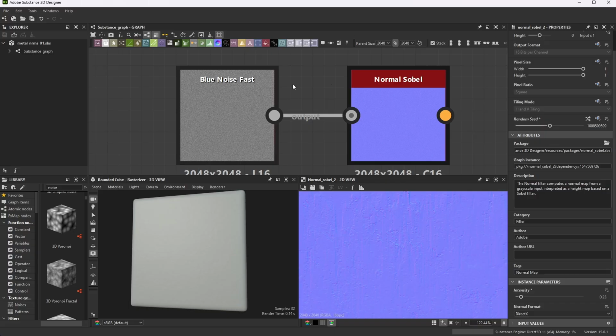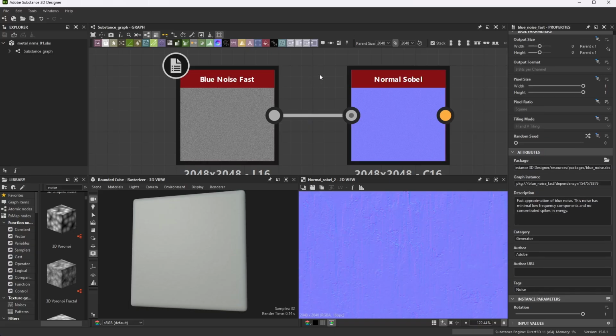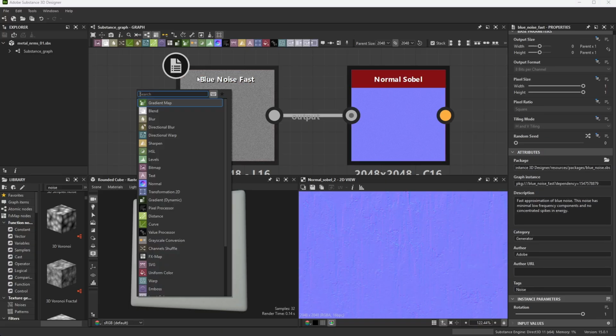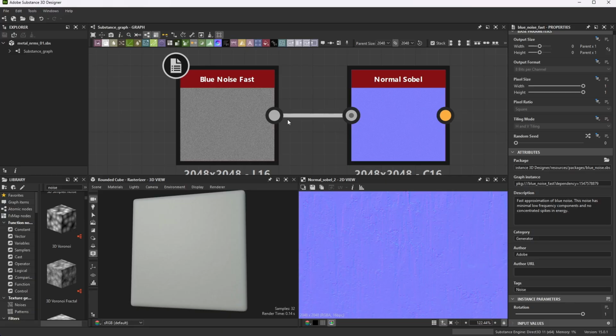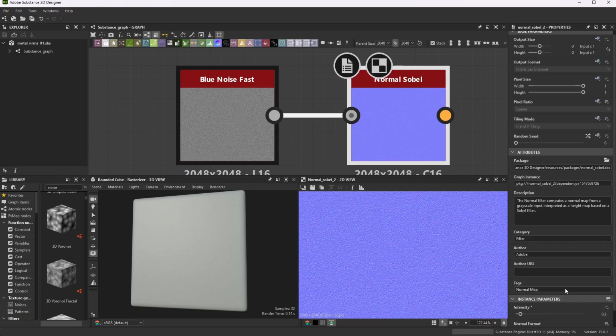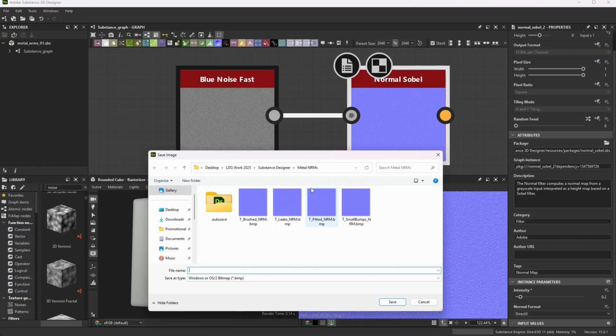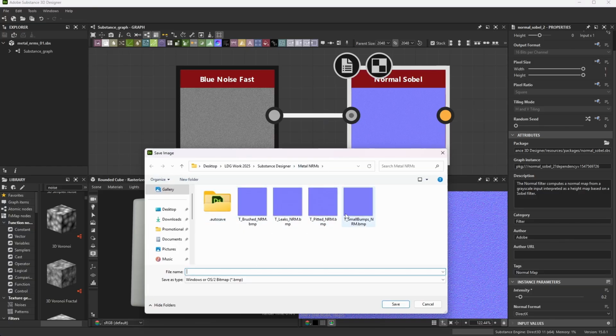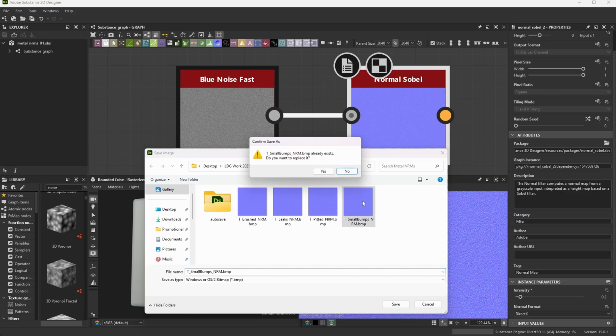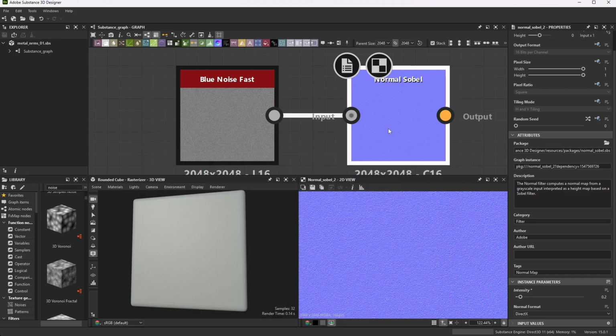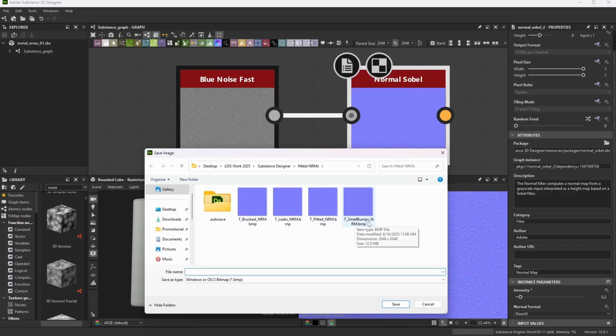We're going to make another one with blue noise fast. So spacebar, look that up, blue noise fast, pop that in, plug that into our normal Sobel. The intensity for that one is 0.2, intensity 0.2, double click. We'll save this one out. We'll save this one as small bumps. Okay, I'll show you that quick again because I think I went through that pretty quick. So let's do t_small_bumps_nrm.bmp. Okay,